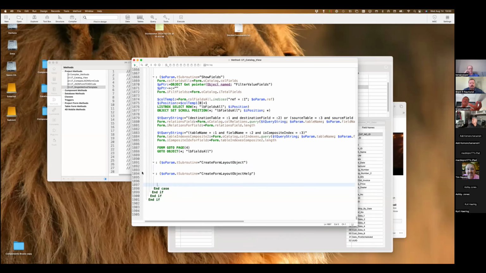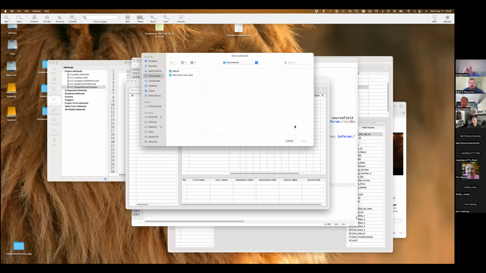So now my method is only 1800 lines long, and if I run it, it will still work because it will now call the form file itself instead of executing the code that I generated to construct the form.